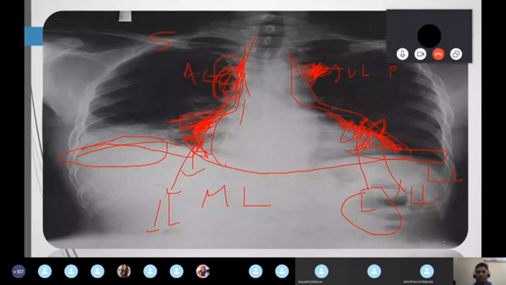Now the last point is, whenever a patch is there, which is obliteration, that means you're not able to see the border very clearly. Everything became a white patch, but still I can see my right atrium inside. That means involvement of the lower lobe. Here also, same thing: a patch is there, full opacity is there, but inside the opacity I can see my left ventricle border. That means close your eyes and tell the patient has involvement of the lower lobe.